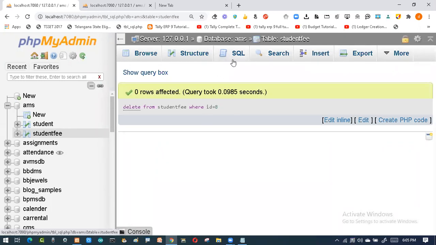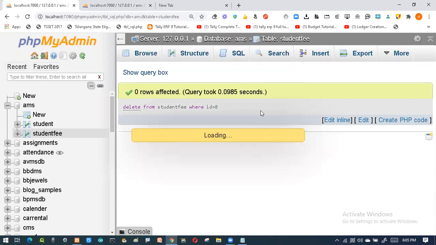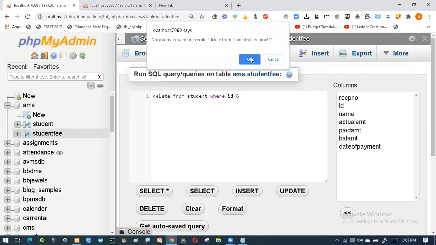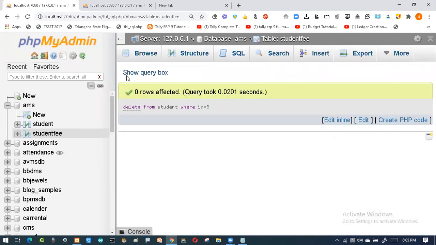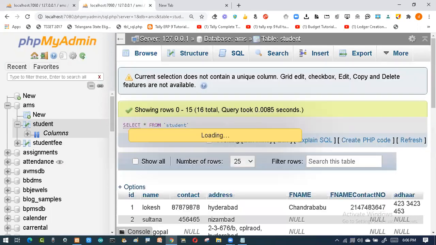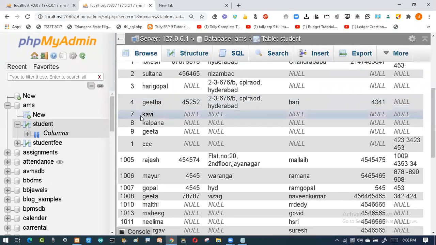Again, we have gone for the student fees. So while deleting, you should be very careful. It is not student fee, it is student. So roll number 8, I have to delete. So this is working. Now if you see here, refresh this. The record should be gone. So you can see this record has gone.